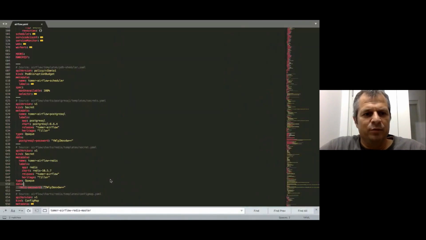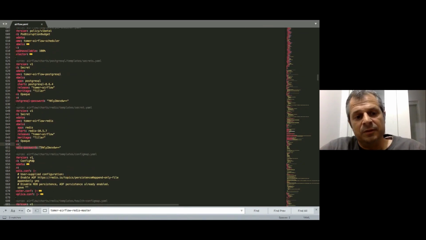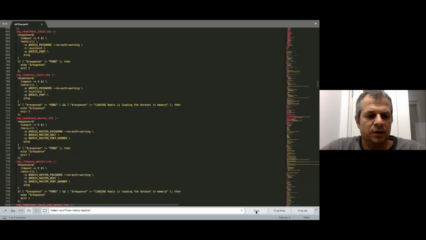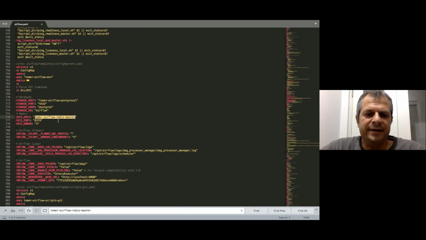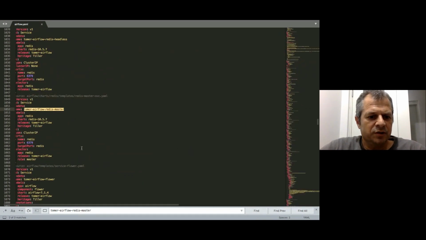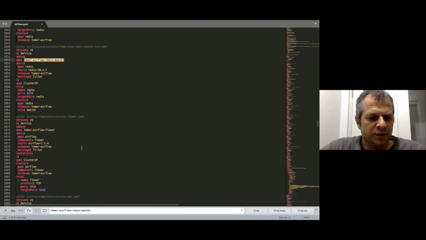But now, if you want to see more information about what we found, and why we consider it sometimes medium, sometimes low, then you can see that people just left their Redis password or just left their Postgres password exposed. It would probably be better to get it hidden or to use the secret mechanism. If I just look for the high risk, it comes with the security context. Someone defined the security context.